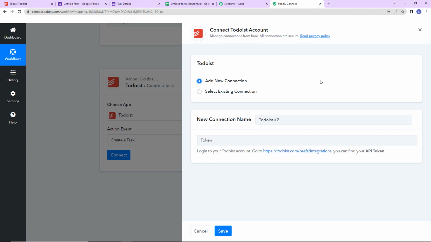So we are going to click on add new connection. And here to set up this connection, we need a token. For this, first we have to log into our Todoist account. We have already done that. And now I'm going to click on this hyperlink. As I do that,